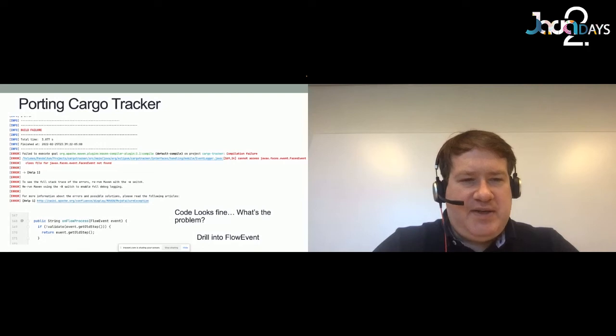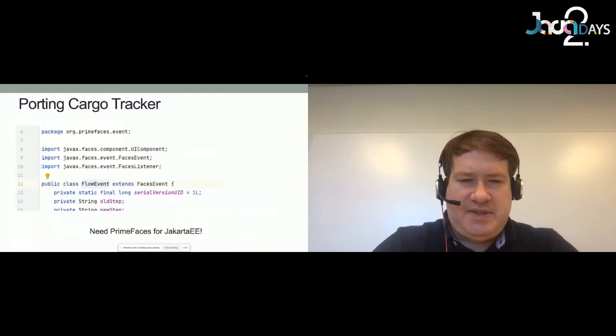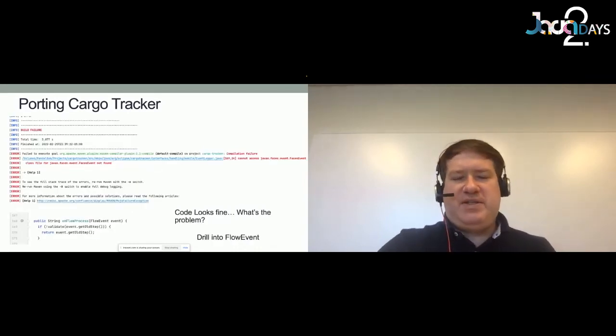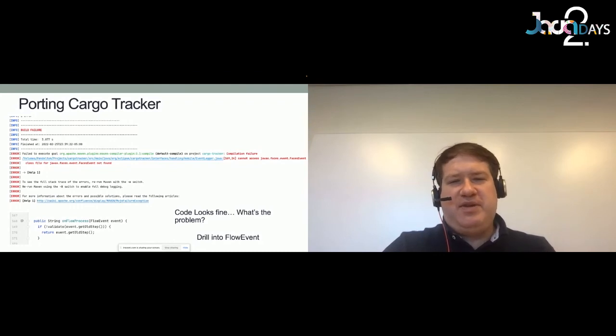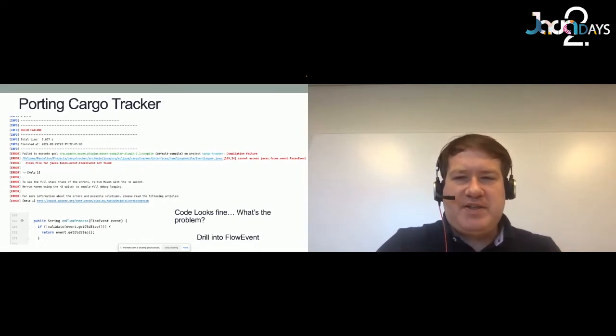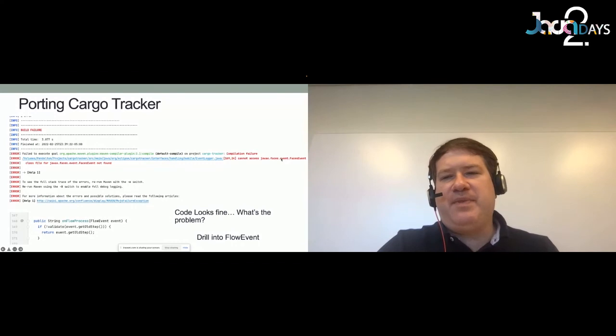So this is a case where I went through, and, going back, that's the transformer. Now, going back to the code approach, if you didn't do the code transformation approach and you did the code approach, and you missed a dependency, you might see a weird error message like this. You'll see the container go to deploy the code and say this code can't access javax.faces.event.FacesEvent, and notice the javax at the beginning.